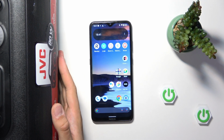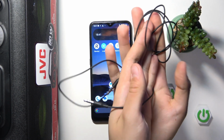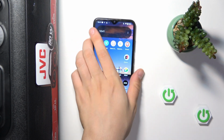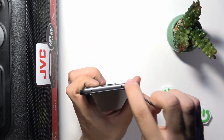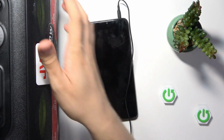At first you have to find a cable which is a jack cable, just a simple one. Here we do have our jack cable. The first part of the cable we have to plug at the top. We have to plug our cable into the jack port in our phone, and now we have to find the